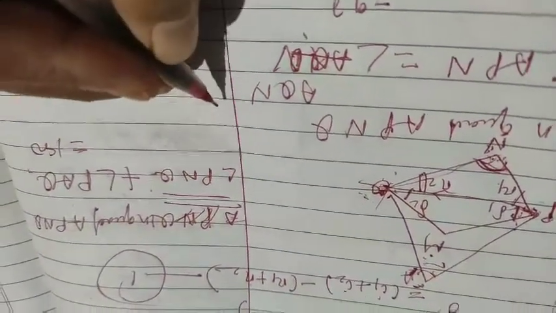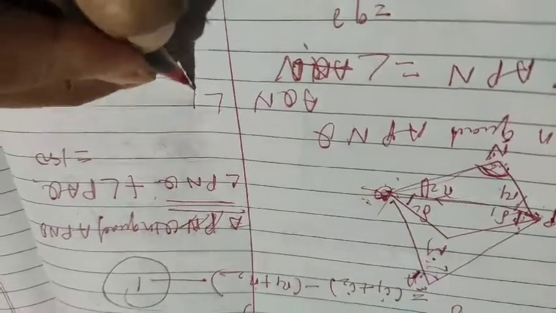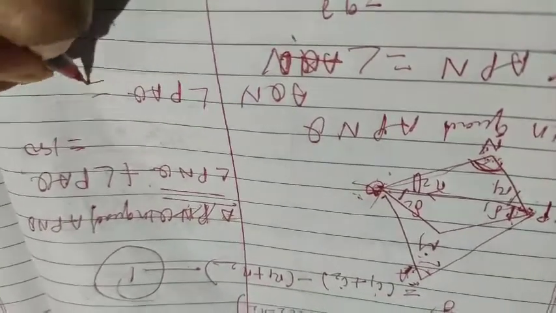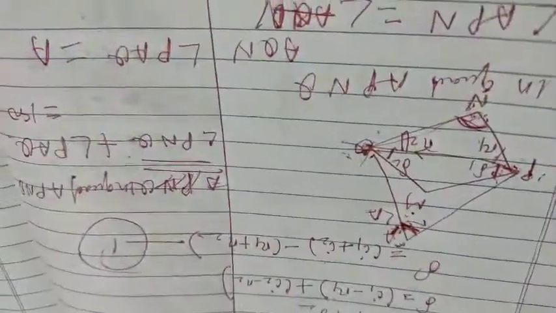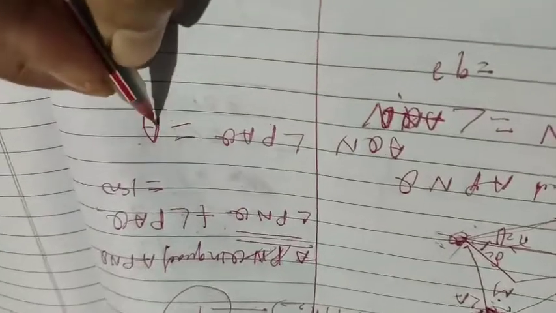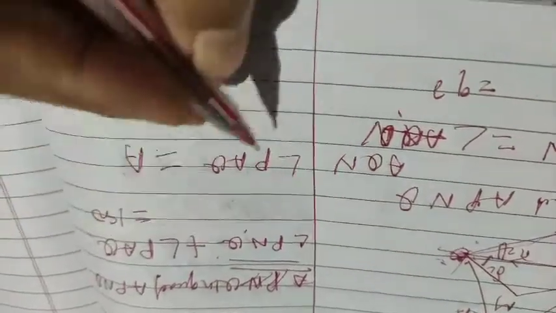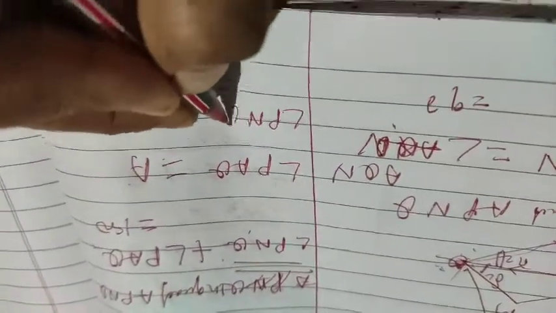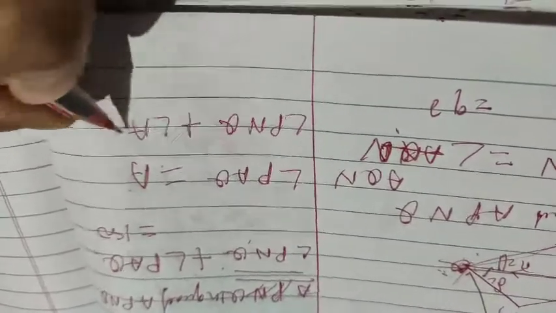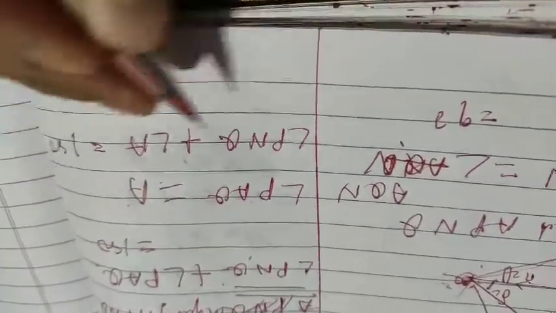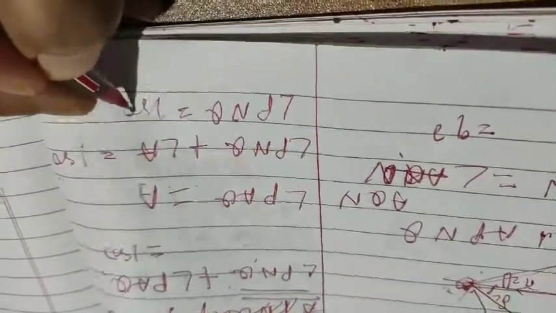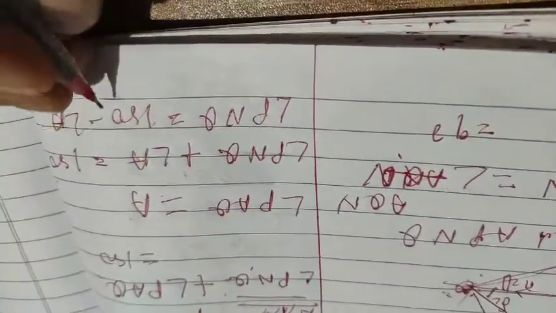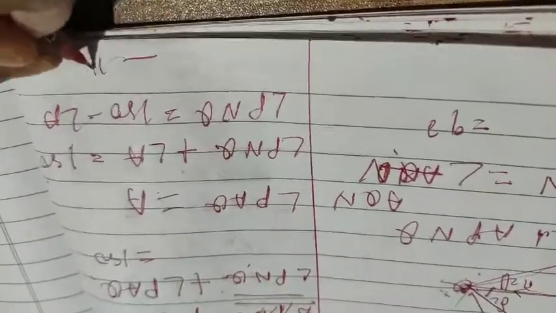So okay, then what I know is that angle PAQ is angle A. You will consider this as angle A. Clear? So I have considered angle A. Now you put the value in place of PAQ. That is angle PNQ plus angle A is 180 degrees. So angle PNQ is equal to 180 degrees minus angle A. Okay, clear to you? Now this is equation number 2.